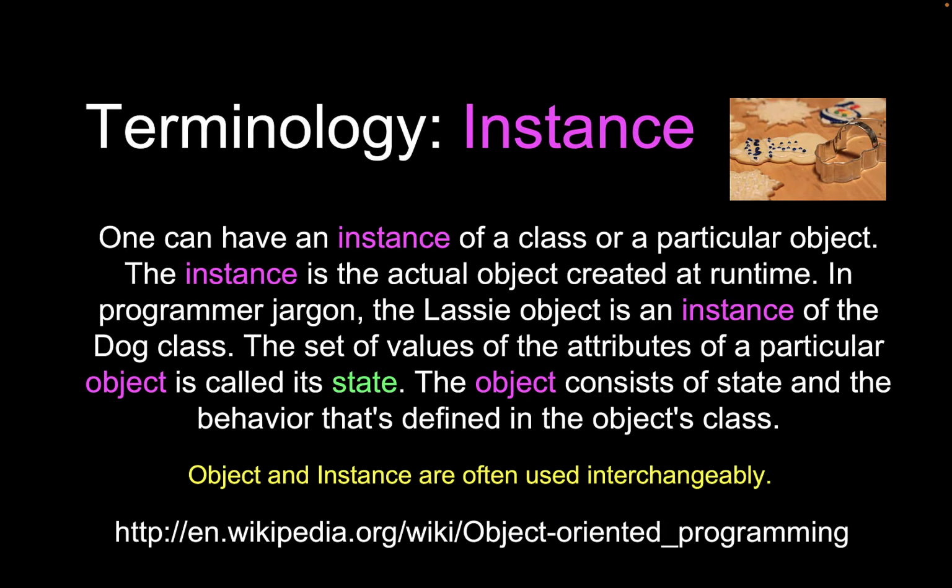Okay, more terminology. Instance. One can have an instance of a class or a particular object. The instance is the actual object created at runtime. And I just have to say, down here in the yellow part: the word object and the word instance are often used interchangeably. And this is a problem in